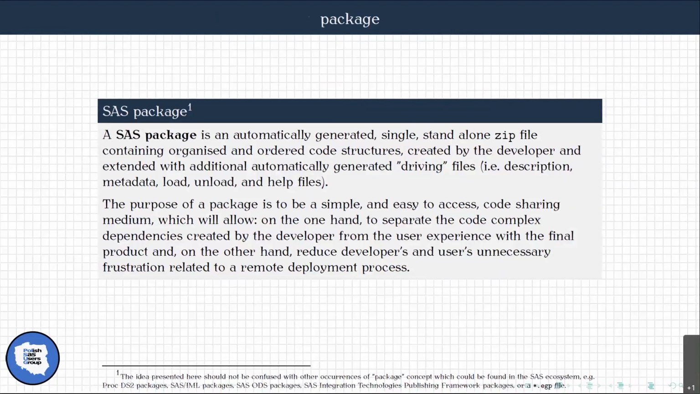Since I'm a mathematician, let's start with a small definition, which gives you the idea. A SAS package is an automatically generated single standalone zip file containing organized and ordered code structures created by a developer and extended by additional automatically generated driving files and metadata, which combine everything together. The purpose of a package is to be a single, simple, easy-to-access code sharing medium, which allows, on the one